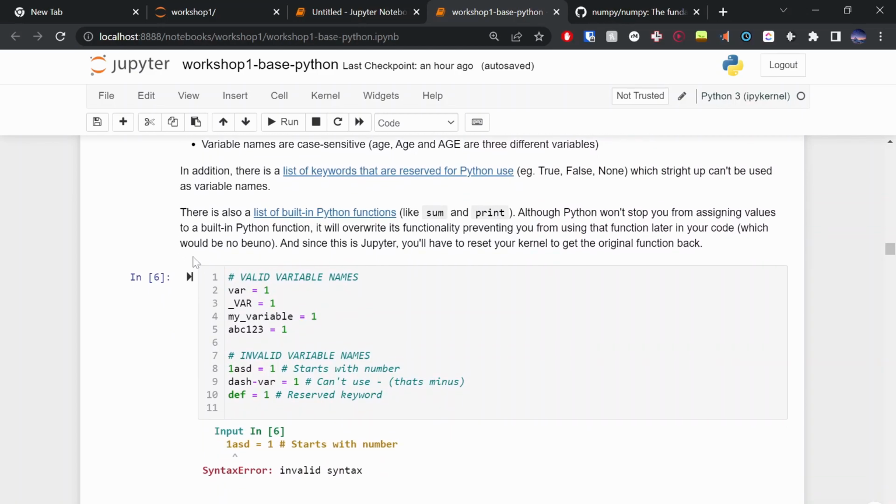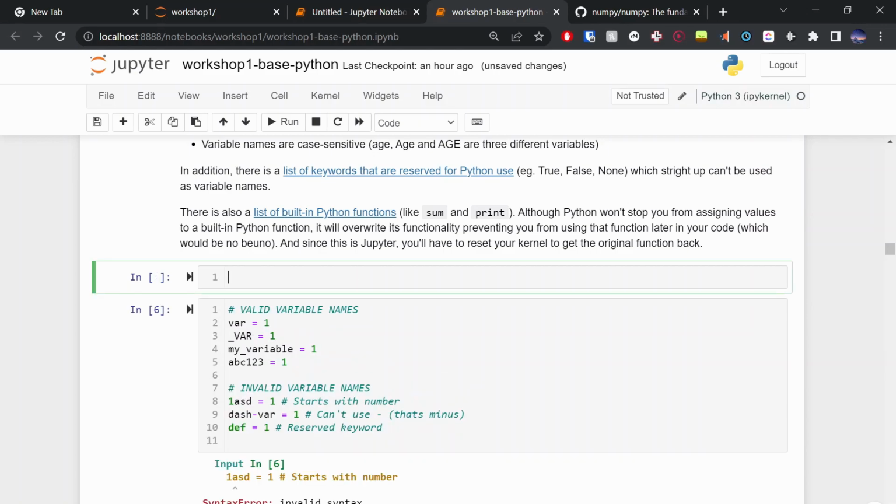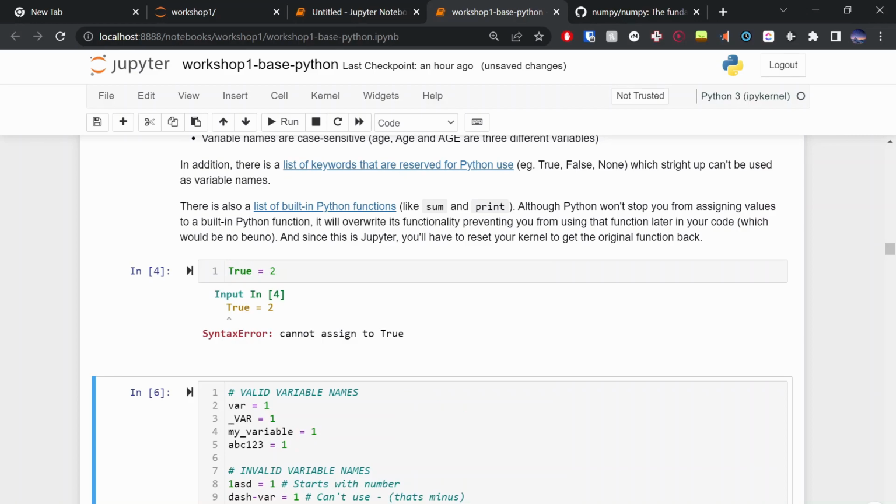There's a list of keywords that are reserved by Python that we can't use as variable names. If we try to use these keywords as variable names, Python will just say, hey, can't do that. An example is something like True. We can't say True equals 2, because we can't assign to that, because that's a reserved keyword.